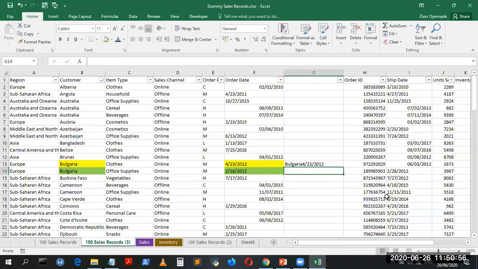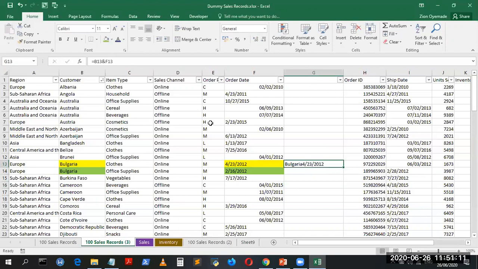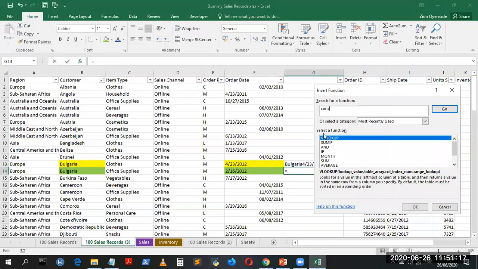And you still have it. So you can see it was basically the same way. Either you use the hand sign, look at what we have here, or you use the formula. If you want to go the old-fashioned way, look at it here. You click this formula sign, search for concat,